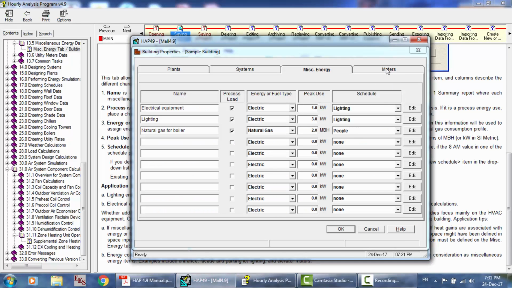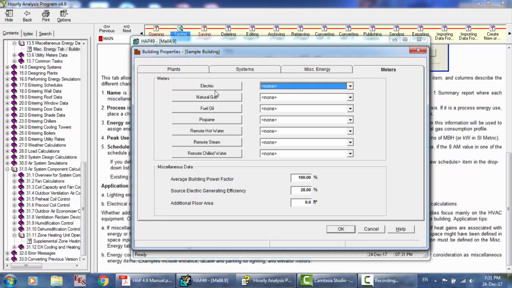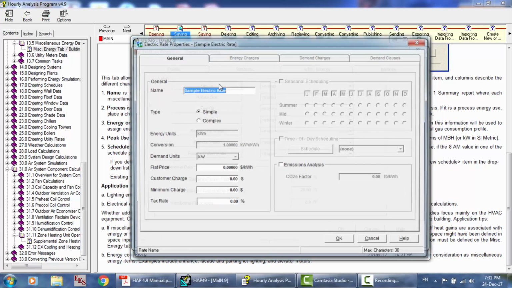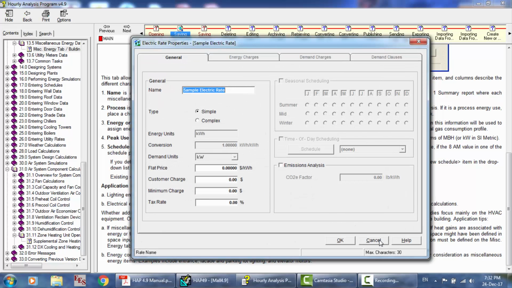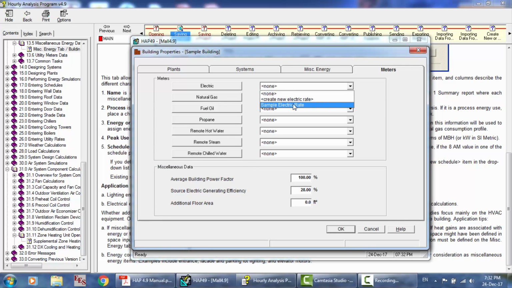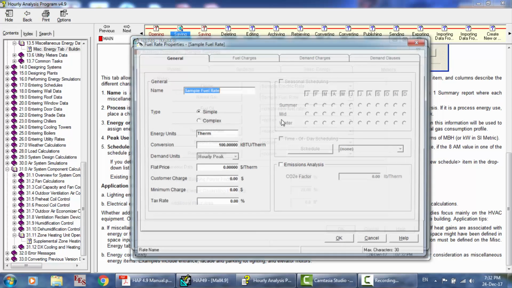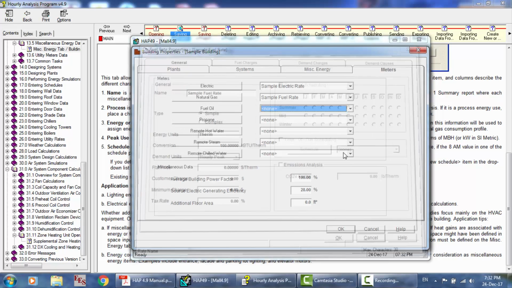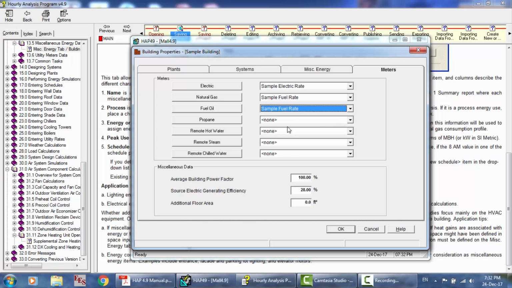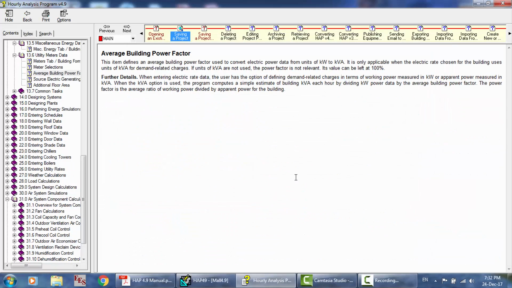After finishing this, here are the meters. Here is the role of the rates. For electric, you can define a new electric rate, or you can just use what we have defined. For natural gas, simple fuel, and for fuel oil, if you have fuel oil you can create a new one, or use what you want. Also, the average building power